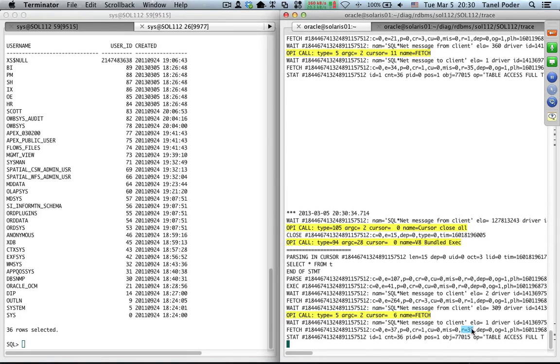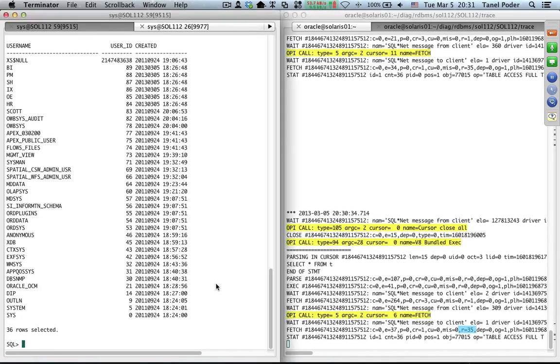So you see, my query returned 36 rows. That's how SQL Plus approaches it. It will execute the query, then it will perform the first fetch immediately, because it's bundled together, and the first fetch returns 1 row. So SQL Plus works in a way that it will fetch only 1 row first, right? Even if the table has more rows. And after that, it will fetch more, right? And now the question will be, okay, how many more do we fetch at a time? Well, and the answer is